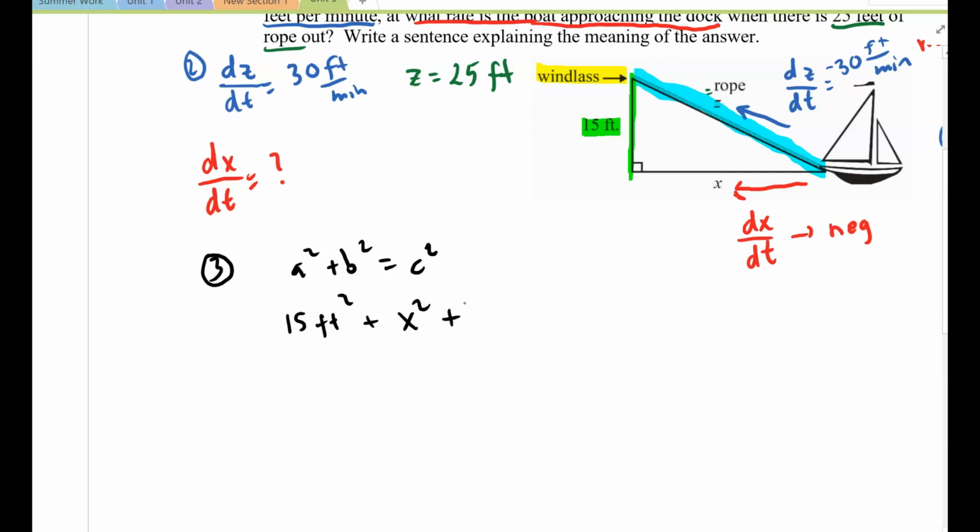Okay, plus c squared, which is my rope, or z squared. Okay, so here is my formula that ties all of these variables together. Sorry, that should be equals, not plus. Okay, so now that I have my formula tying all of these together,